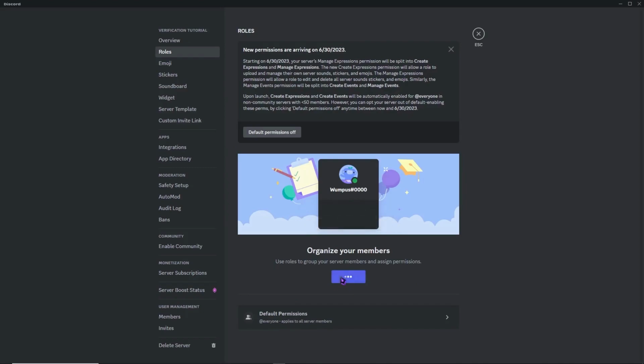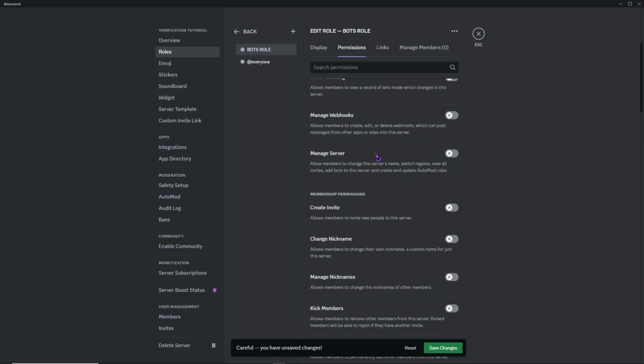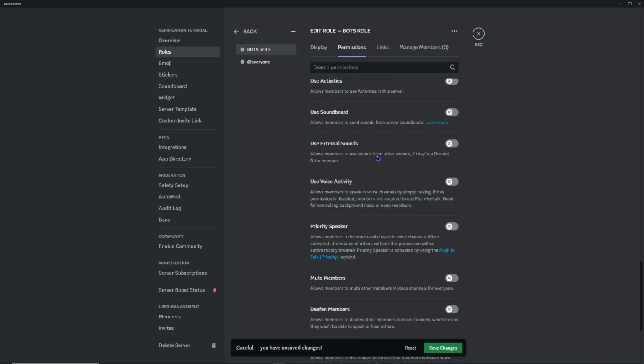So we're gonna click it and we can have the role name right here. Since we are making this role for a bot, then we can just name it bots tutorial role, just like that. And then we can now go into permissions